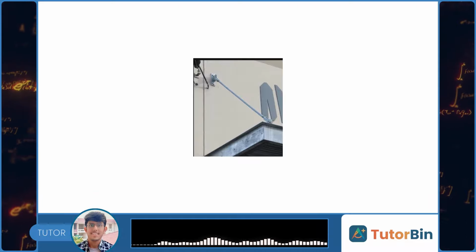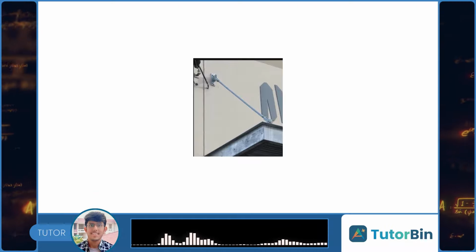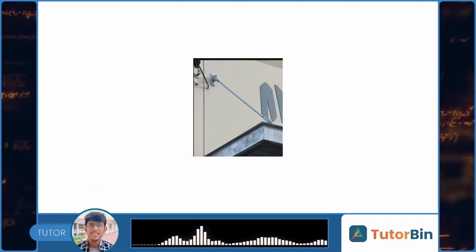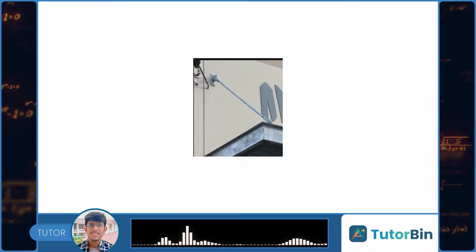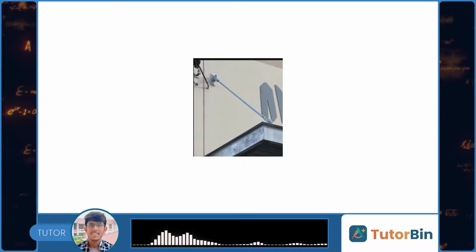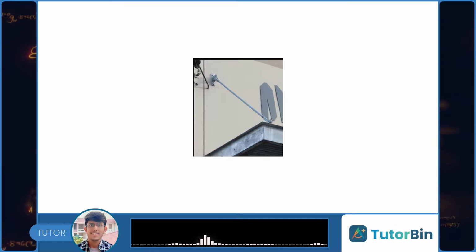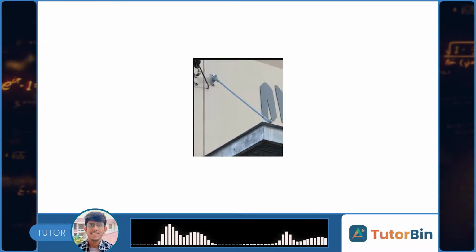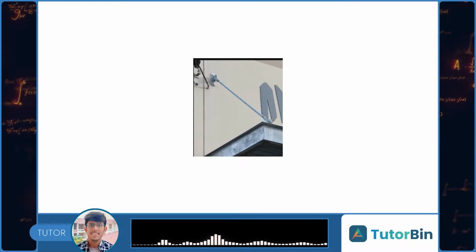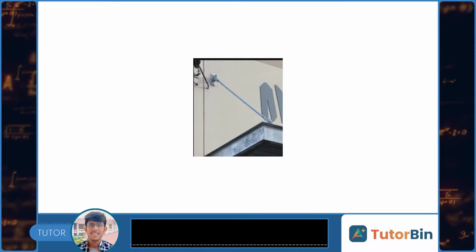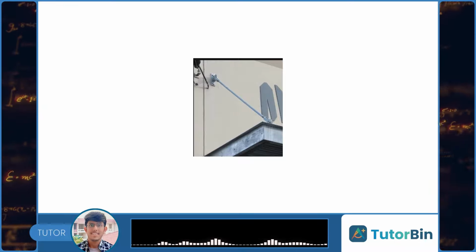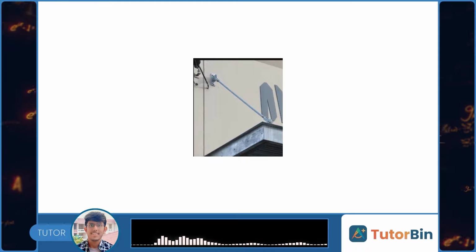Tie rod. Tie rod is a structure member which is subjected to tensile force. Tie rod is sometimes also called tension rod. It is shown in the figure, and tie rod is used in steel structures such as tower, crane and bridge design. In airplane structures, tie rod is sometimes also used.